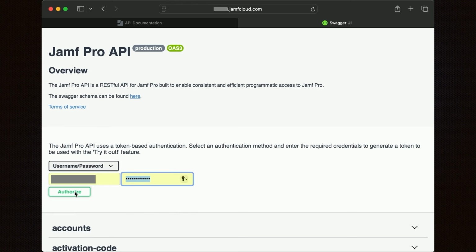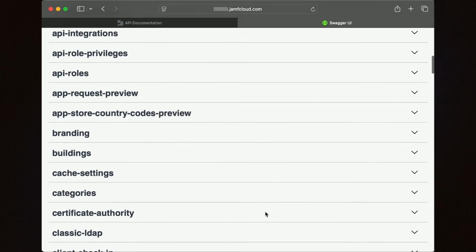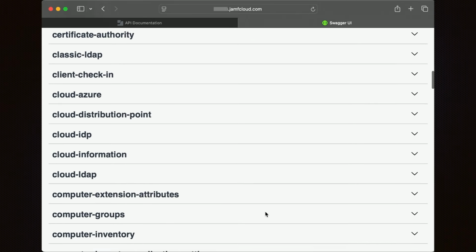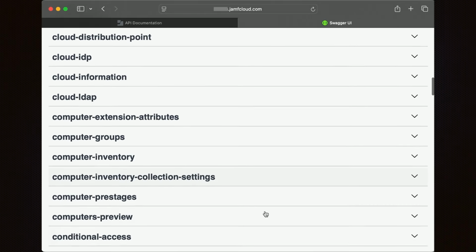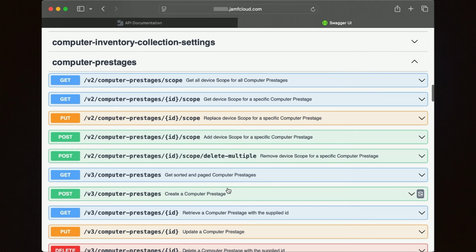It generates a bearer token. And you can pick an endpoint and try out actions live against your instance, your actual data.